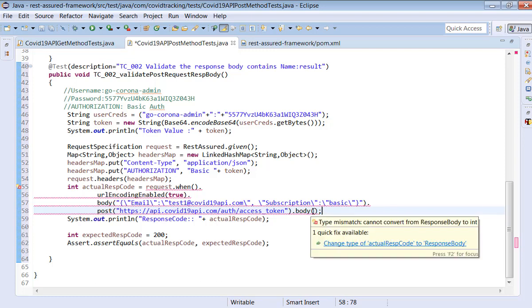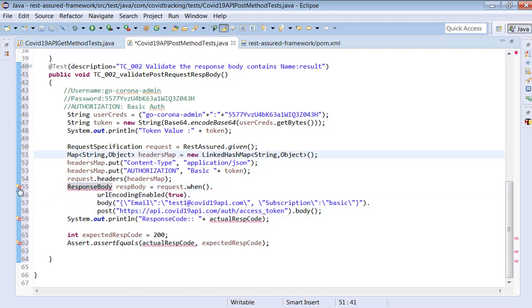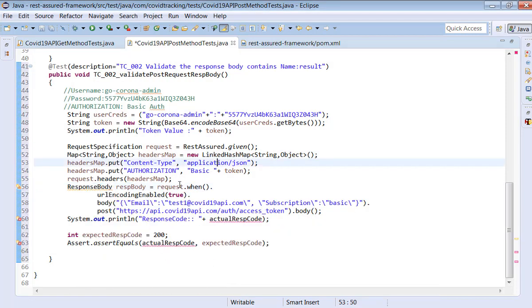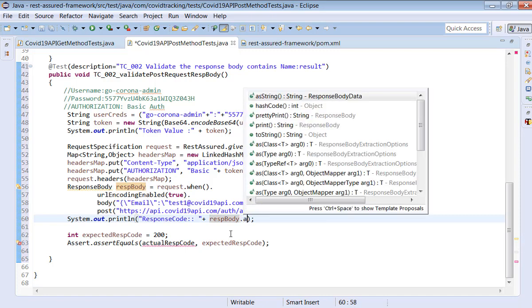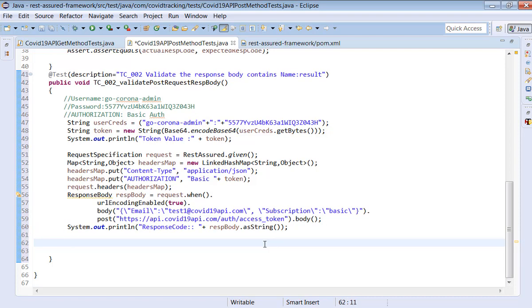You can check the return type of the body is ResponseBody. Okay, ResponseBody. Now let's convert this into a string and print it and see what is the content of it to understand.